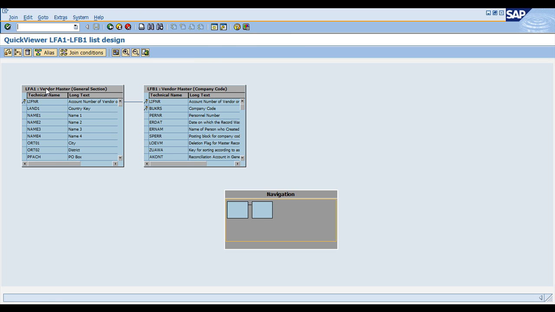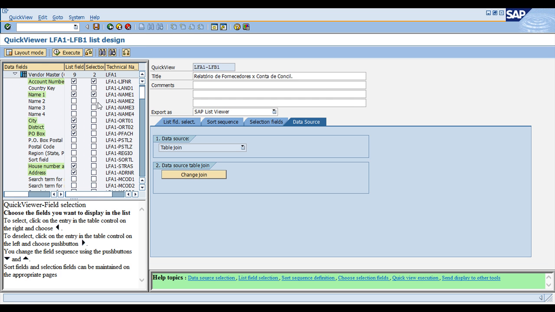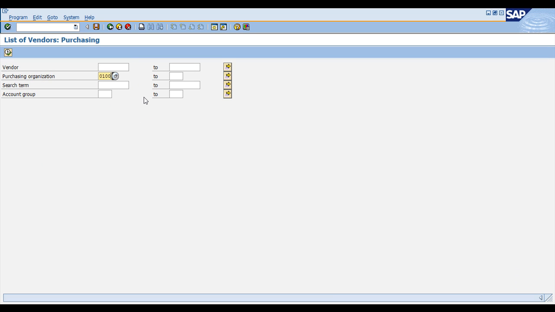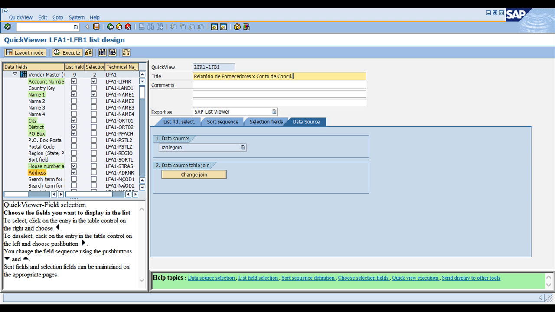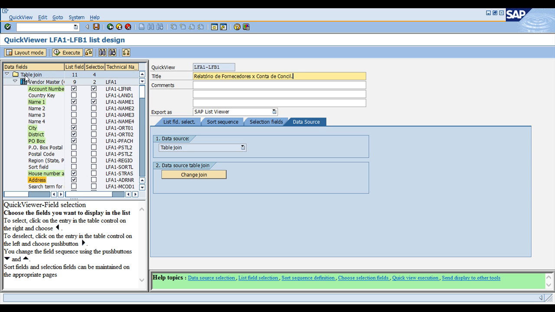I'm just working with vendor master tables LFA1 and LFB1. The information I want in this report is the accounting number, the name of my vendor, and the address. Up to here, if you use transaction code MKVZ, it's the same thing. This standard transaction code can provide you the vendor name, the vendor code, the address,